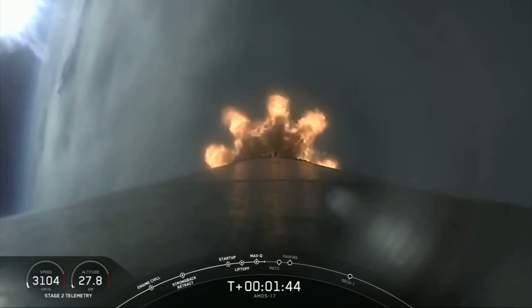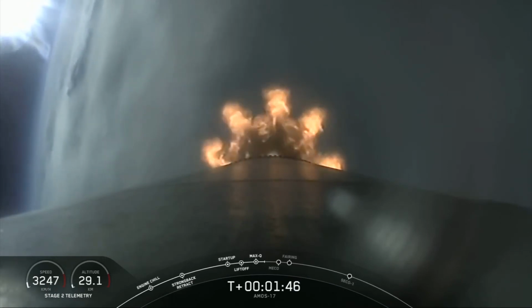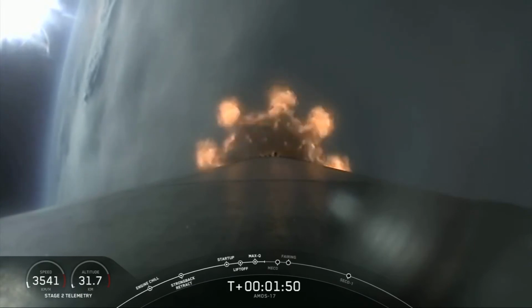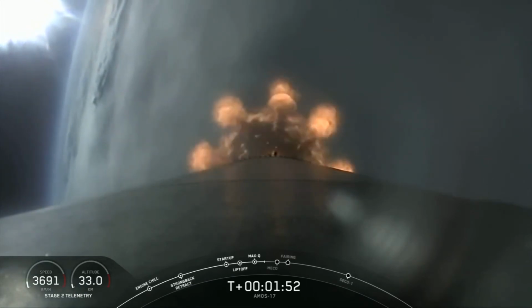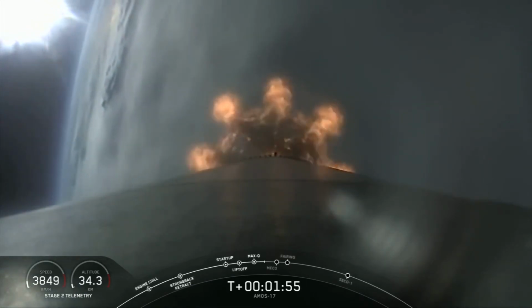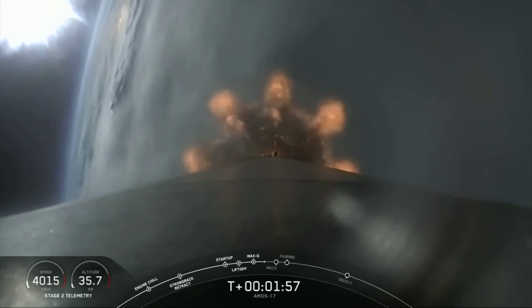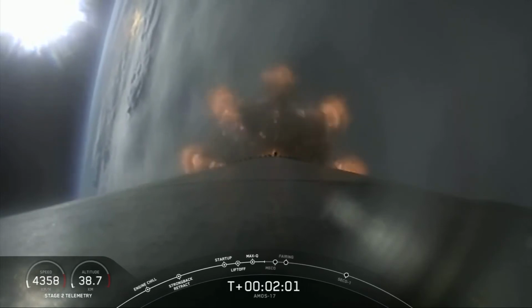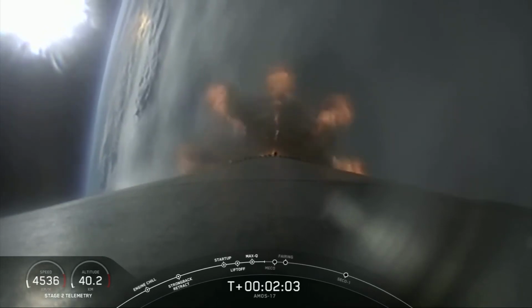Nice view from the onboard camera looking back at the plume slowly expanding as we leave the atmosphere. The plume will get larger as we get out to the vacuum of space. Now today, first stage shutdown is planned for about T plus 2 minutes 45 seconds. We won't be recovering the first stage today, so that leaves more propellant to burn to achieve the required orbit